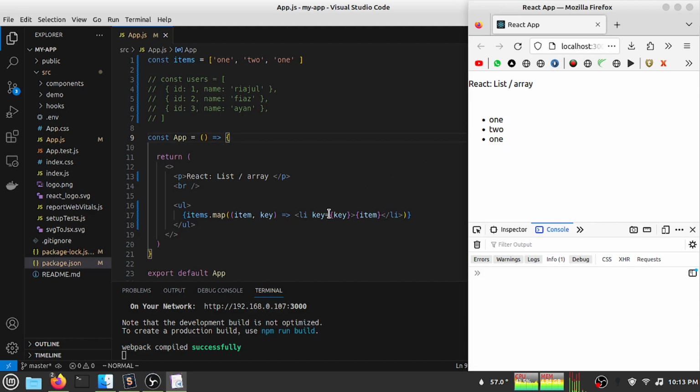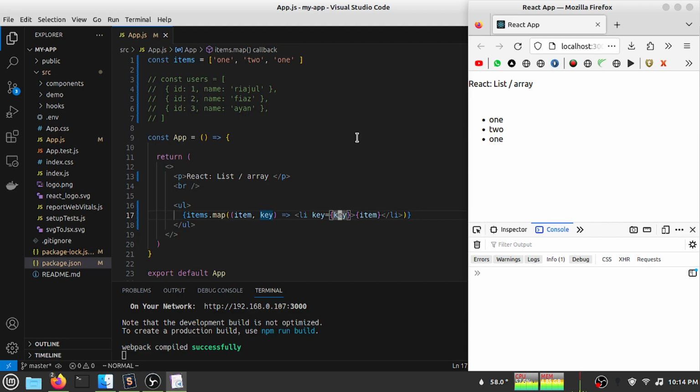So if we try to apply the index value as the key property value, then our whole React core concept is lost,